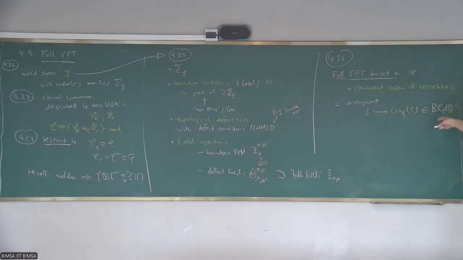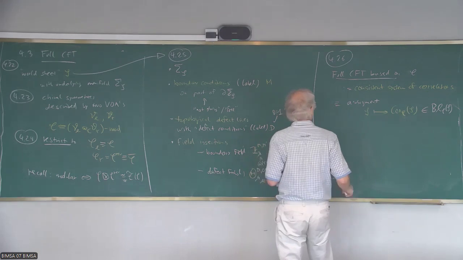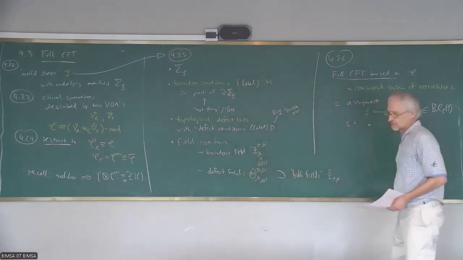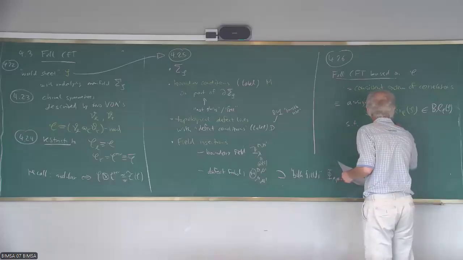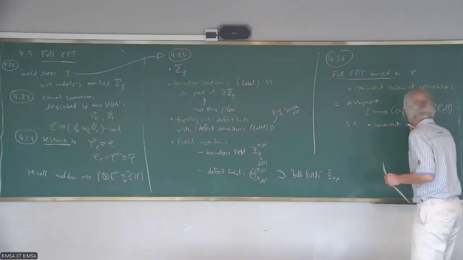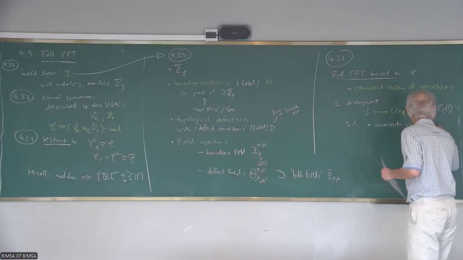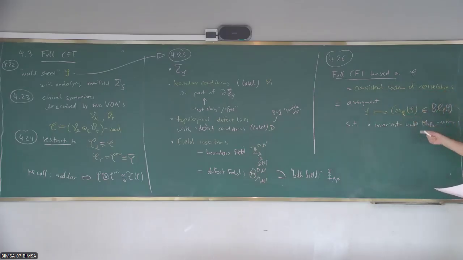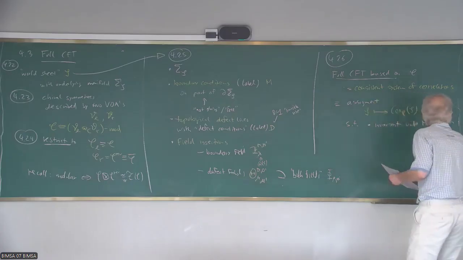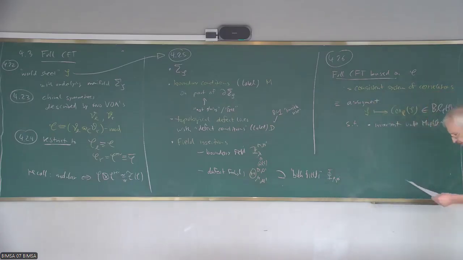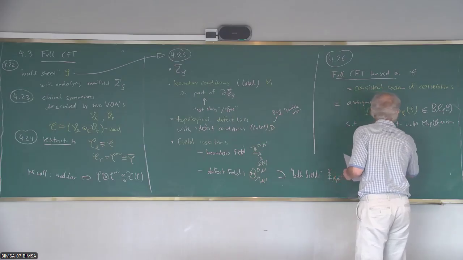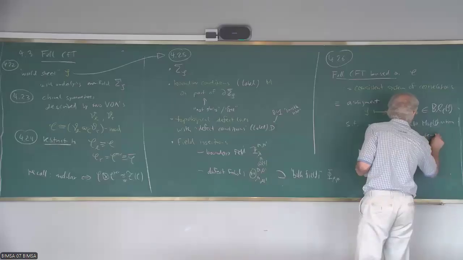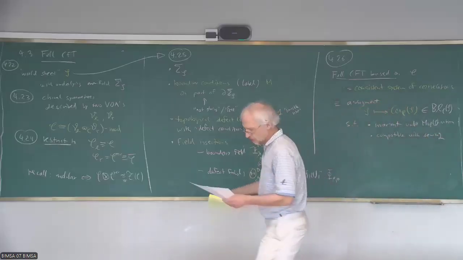This is a new notation because I still have to relate this to the spaces of blocks that I have introduced before, such that these vectors I get here are invariant under the mapping class group action on the relevant one, which again, let me write map of S, not yet defined, and which are compatible with sewing in the sense that I already mentioned. And then one can show